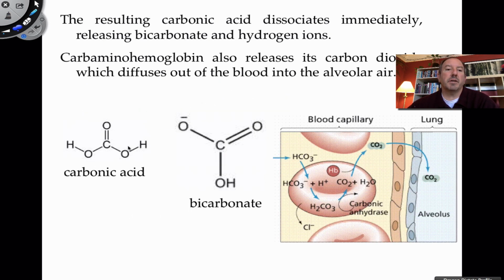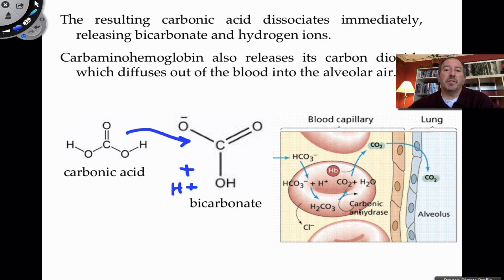And so here you have it. Carbonic acid then dissociates into bicarbonate ion, and I shall also write a proton. And then how about this? When it reaches the lungs, now we're going to go the opposite way. The bicarbonate ion then comes back into the red blood cell. Then it reacts with the proton. It becomes